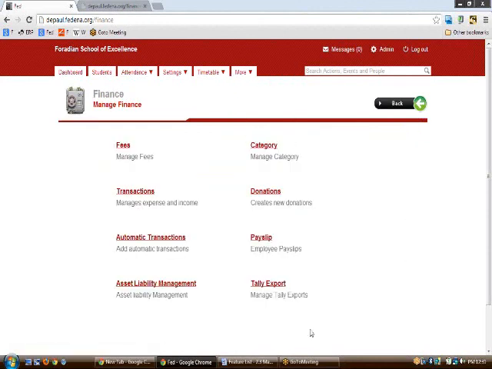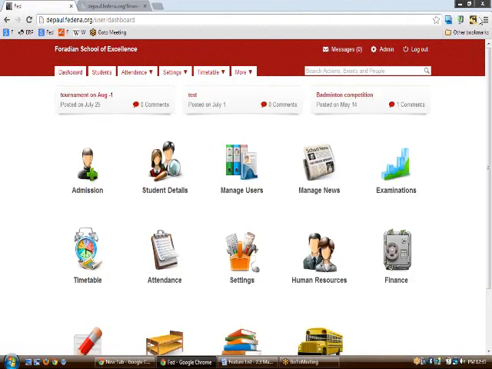Next we have something called the Tally Export, as this is a different plugin, so we will be dealing with it in the add-on modules part of our subsequent webinars. So this was all about the finance module. So we would be now quickly moving upon the queries asked. Please put forward your queries if you have any.